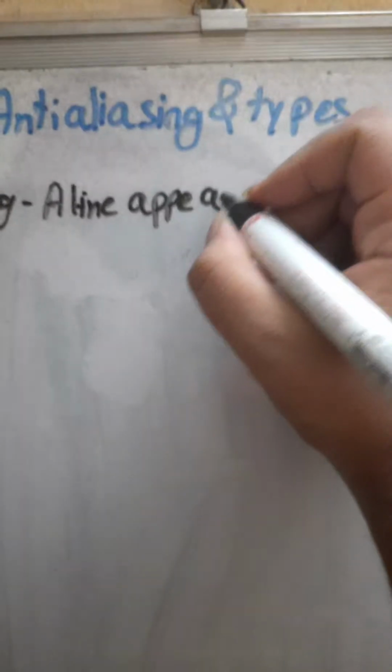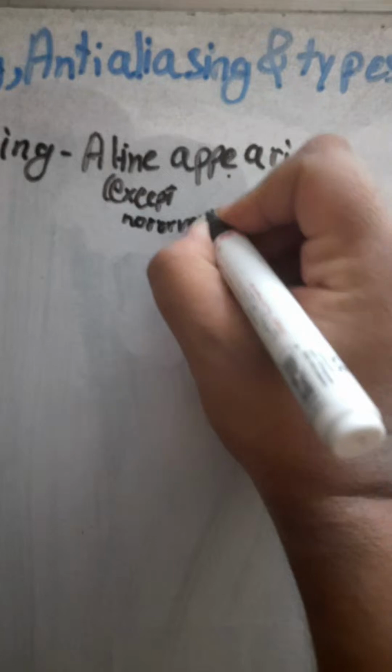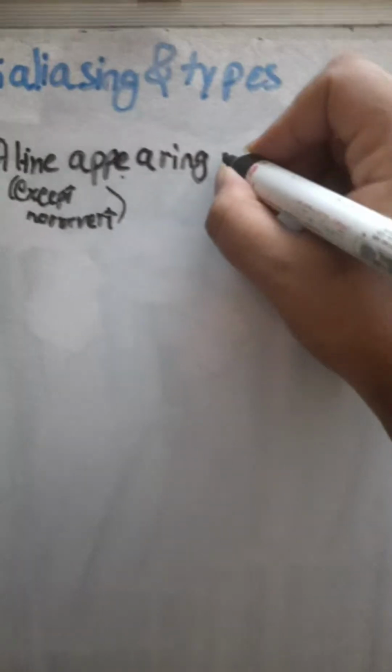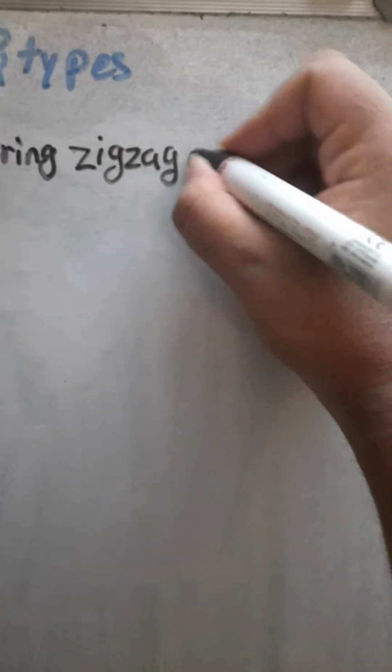Aliasing means a line appearing... Oh, wait a second. Camera focus is gone, I guess. Yeah, a line appearing, except horizontal or vertical, okay? I guess you understand this, right? So a line appearing zigzag or jagged